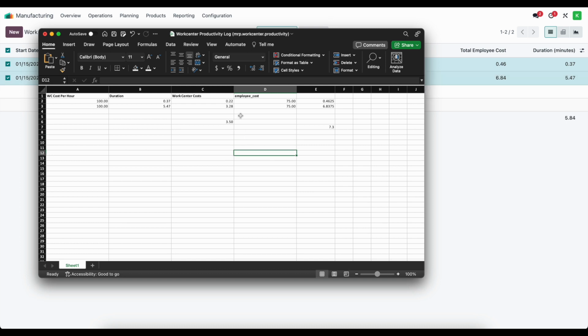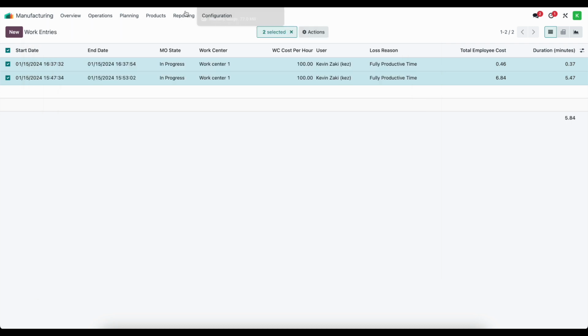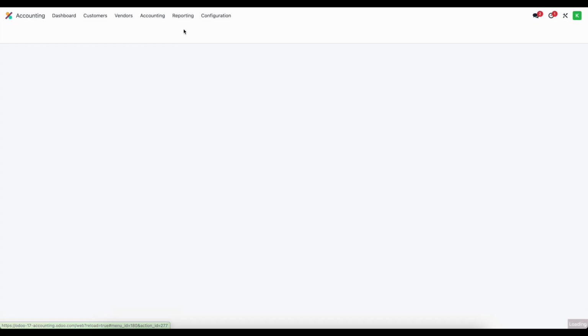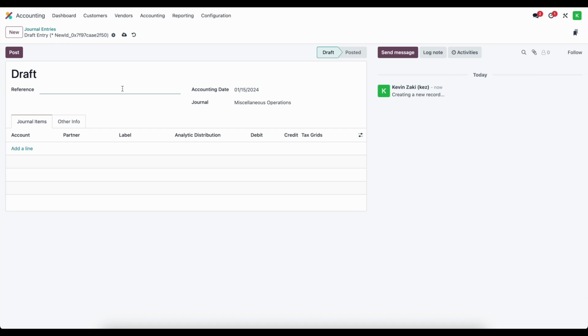Okay, so that's all the data we need, right? We need to know our total employee costs in WIP, our total overhead costs in WIP, and our total inventory costs in WIP. Now the next thing we need to do is just make a manual journal entry in order to account for this accurately on our balance sheet. So let's go ahead and create a new journal entry. In accounting, we're going to go to journal entries here, create a new journal entry, and we'll just say WIP